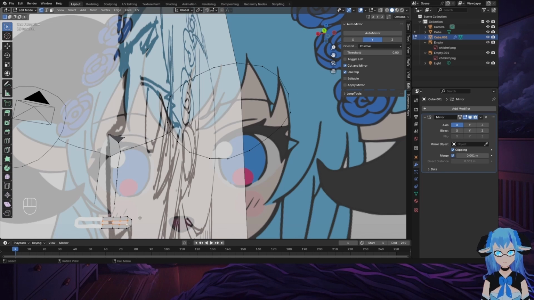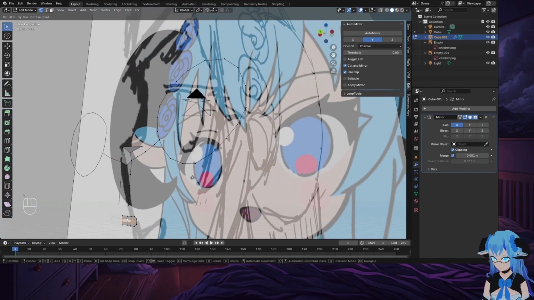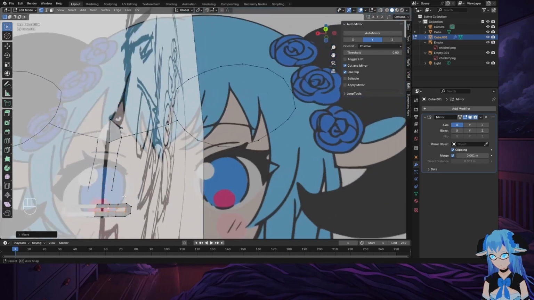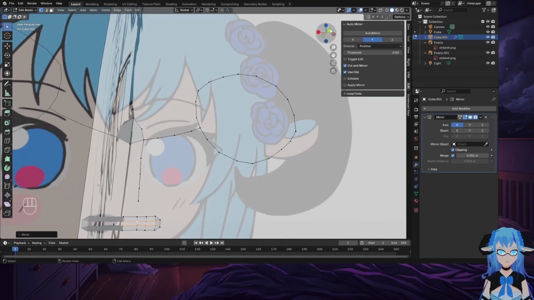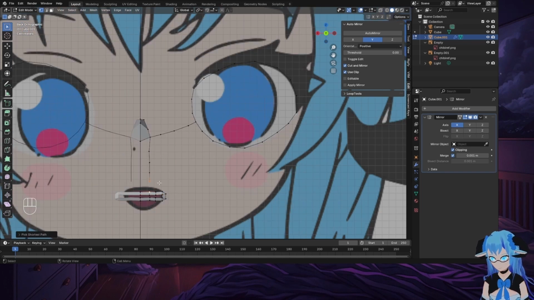We just need to Alt for the loop selection. So once again, if you click with Control, you are selecting the nearest path. If you select with Alt, you are selecting the loop. You want to select the loop, and now we're gonna extrude. Gonna move it along the y-axis. Okay, so that's the base of our mouth. It's not gonna look pretty for now, and we reconnect now. Connect it, fill,